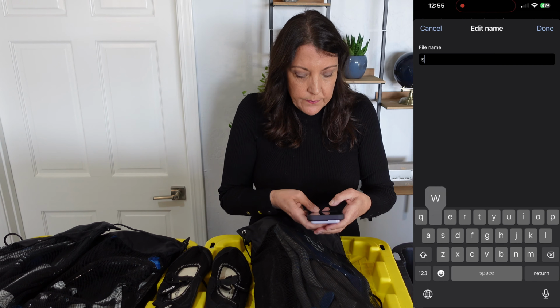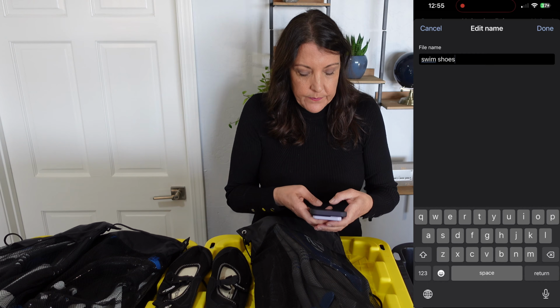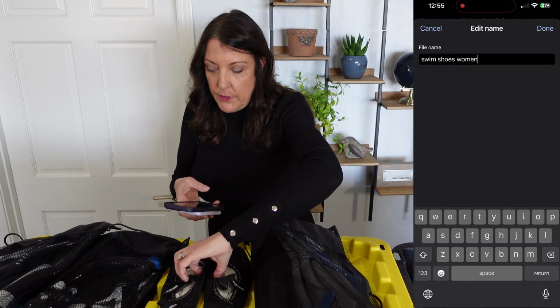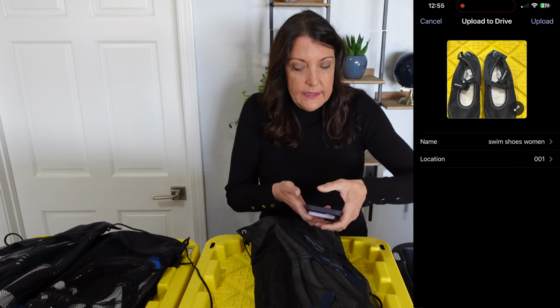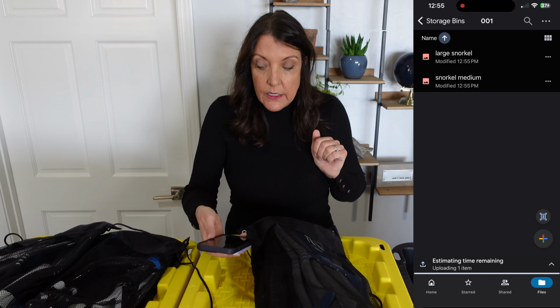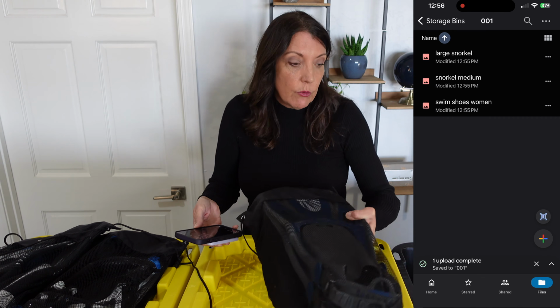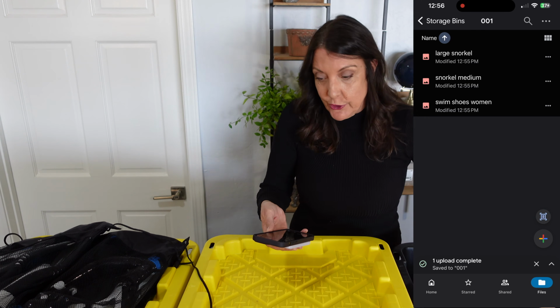Swim shoes, women's. Okay, so now I'm going to put these back. I'm going to hit done, and it's renamed. It's in the first bin, and I'm going to hit upload. Okay, so now those 3 photos that I took are being uploaded into the folder called 001, and this is